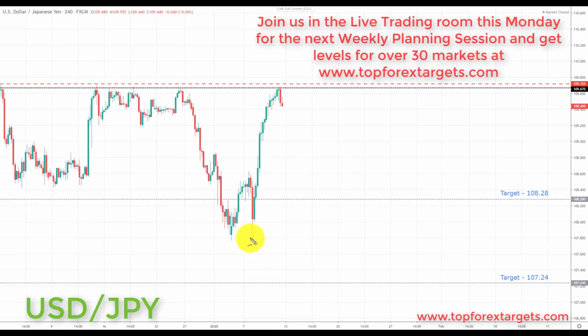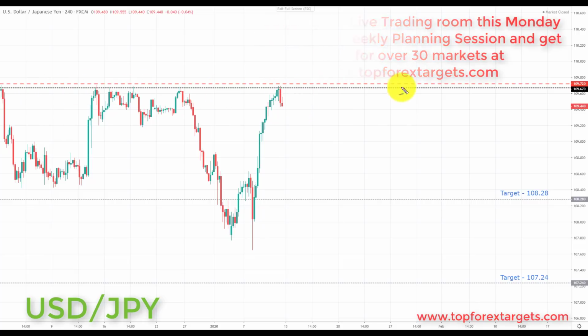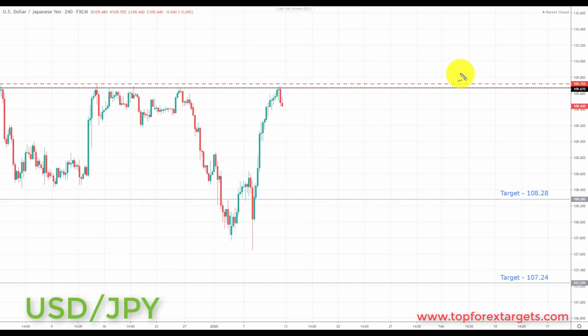Very simply put, last week after this whipsawing, we finished the week actually sitting at the 109.67, which is the top of a range in the US dollar yen. And as the dollar index is currently still sitting at the key area of resistance that we're looking at, and we're looking for a potential decline in the dollar index, this is an area going into next week now. We are going to start to look for potential sell setups in the dollar yen.